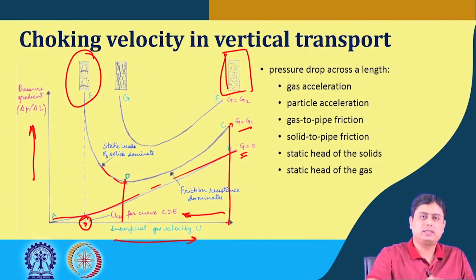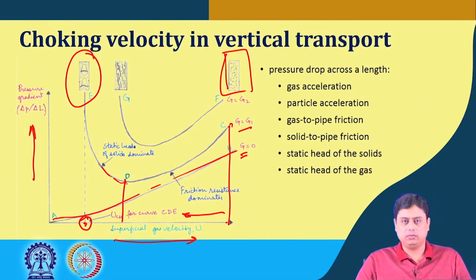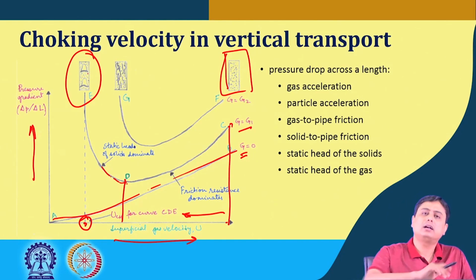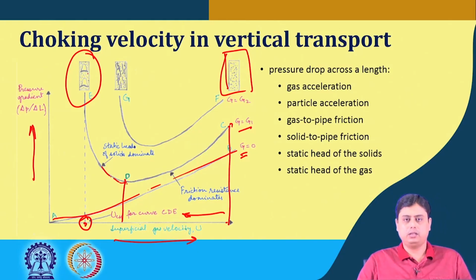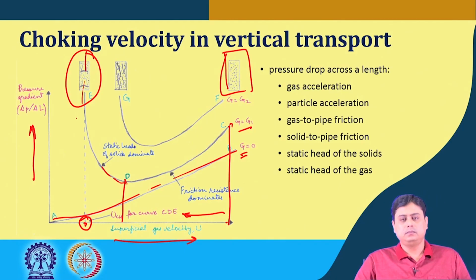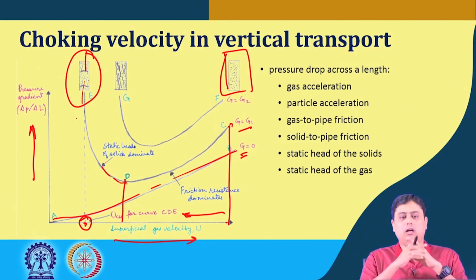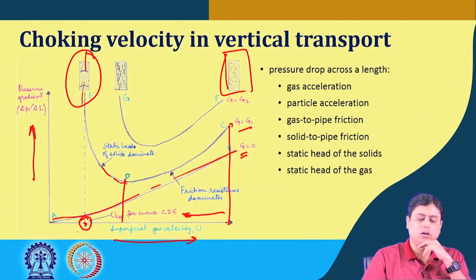Now, here we can see in the bed structure that there is a kind of bubble passing through the fluidized bed. This kind of scenario is happening that we have seen in case of fluidized bed, kind of a bubbling regime is there. Now, in this case there are considerable fluctuations of the pressure that can be obtained through the vertical plane. So, it is basically the slugs of air that would be moving at irregular time intervals. So, this velocity we call the choking velocity,